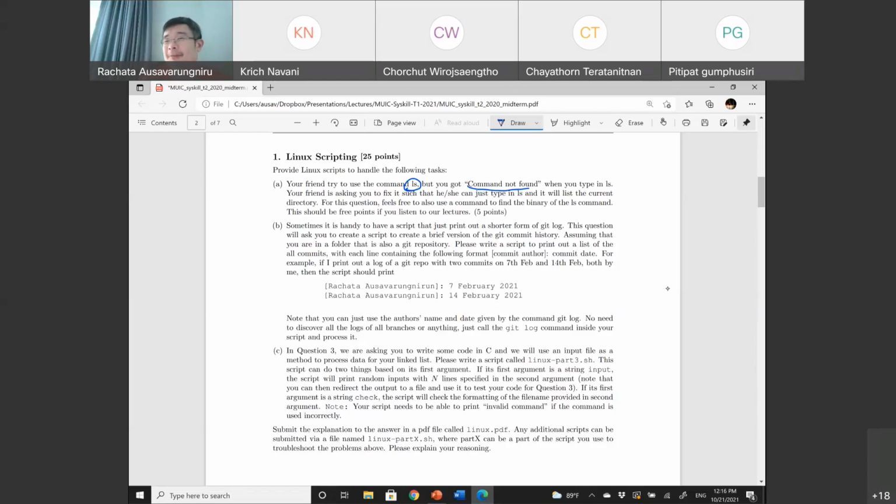Yes. So one of you said, hey, maybe it's not in the path directory, right? That's correct. ls is not in the path directory. So any question about this particular sub-question, task 1A in the first midterm?